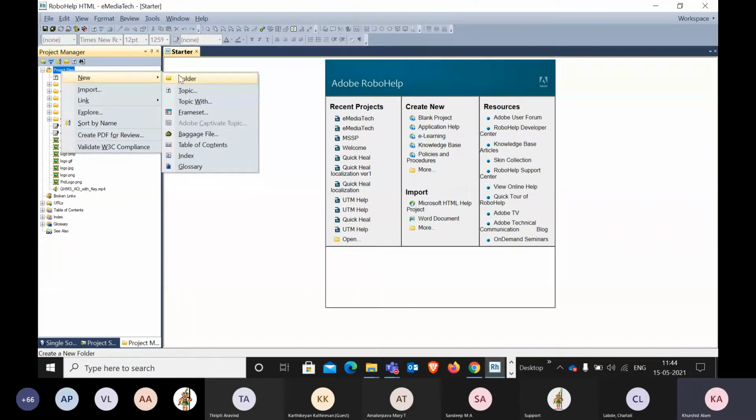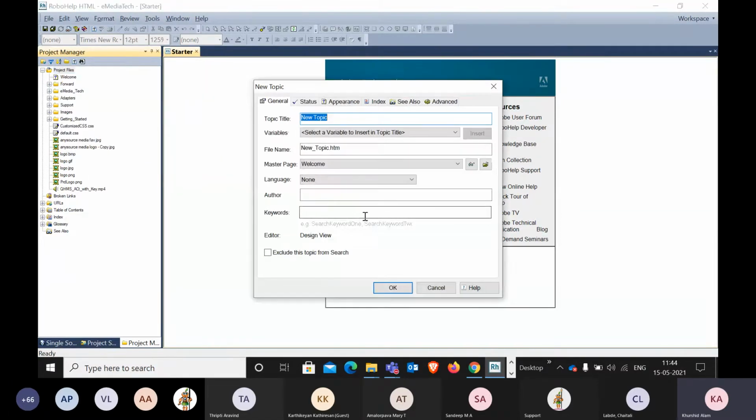these lists are appearing. This is New and Import. These are two options which we have to use. New, you may create here, like you have to create this topic, and then one dialog box will appear. Then write the name of this, that is I'm writing here testing. So when you write the topic title, obviously the file name will automatically be created, but at the same time you can edit if required. For example, I am editing this way.